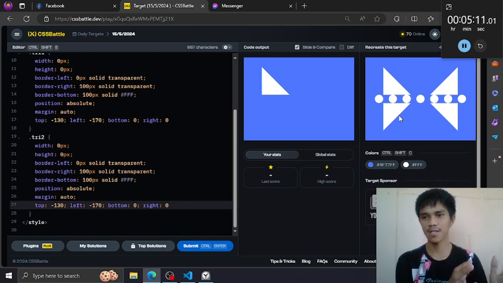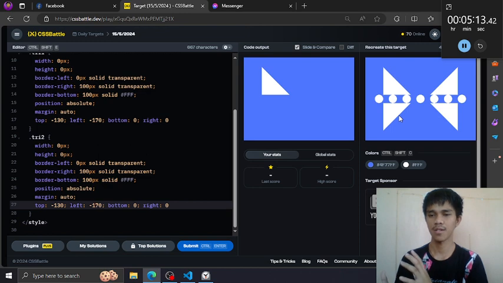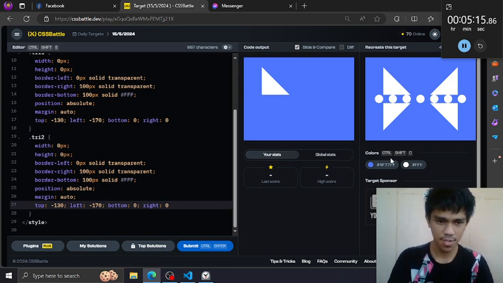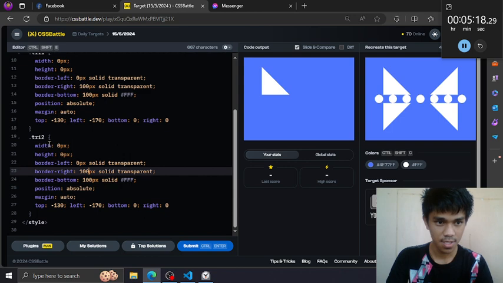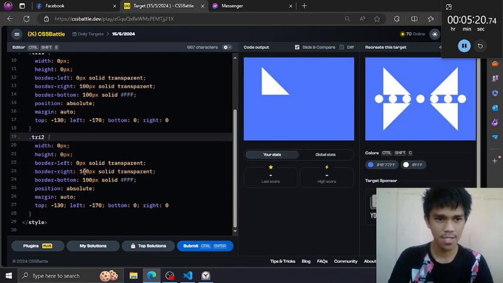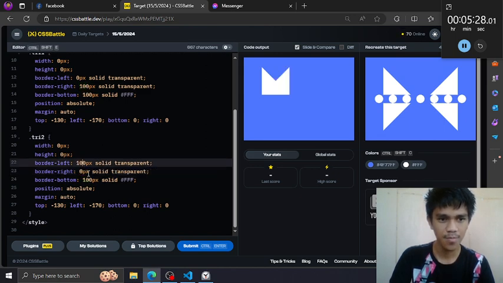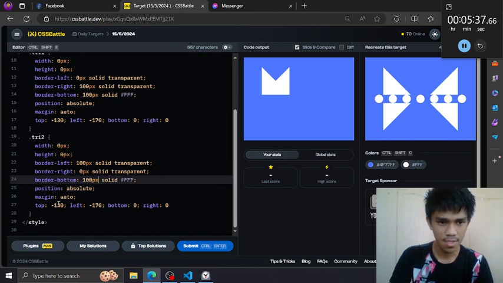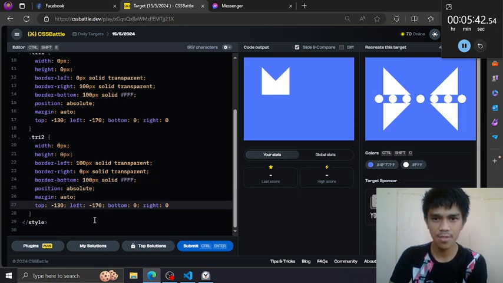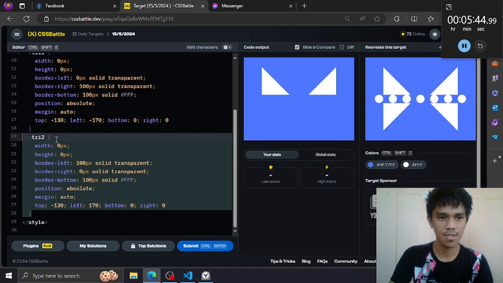So left and right. Then the bottom is triangle 3 and triangle 4. Okay, let's do that. So for the triangle 2, let's exchange these values. Put the value of the right to the left, and yes, that's it. And just invert this horizontal position to the positive, and yes, that's it.